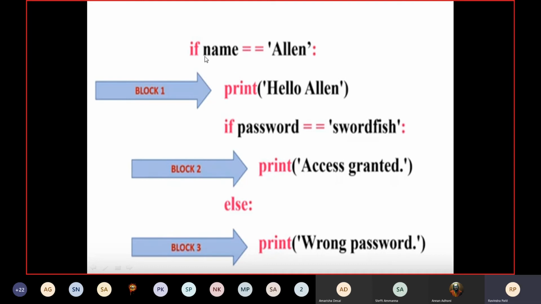So if followed by space, here we are supposed to give a space followed by a Boolean condition, or just a condition, followed by a colon. And one more thing, the print statement is not going to terminate with a semicolon. These are the few things which you have to remember. Even after else we are going to give a colon. In case of C, we are not going to mention any sort of colons here. So again, this is a bit of a difference between C and Python.